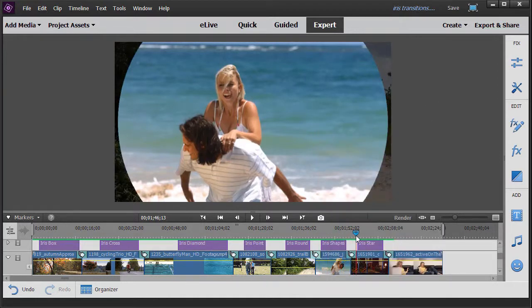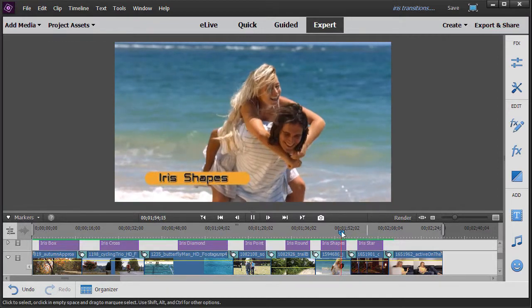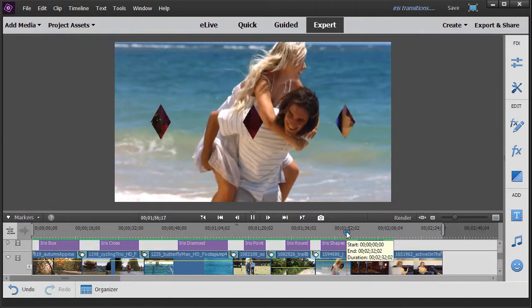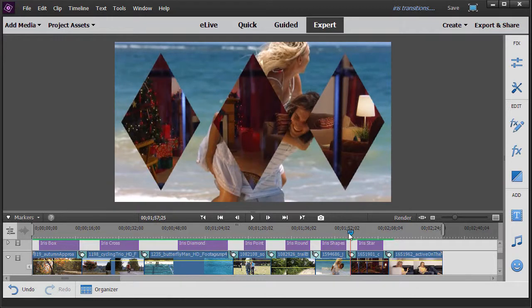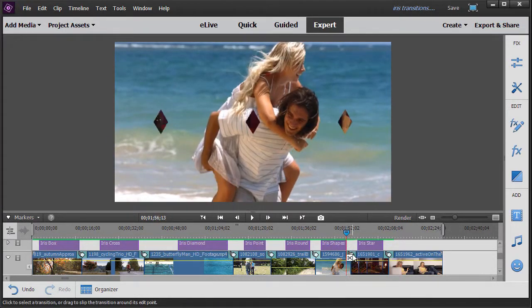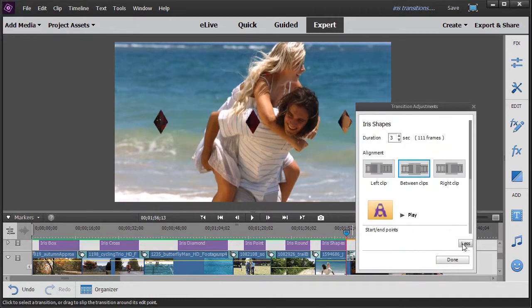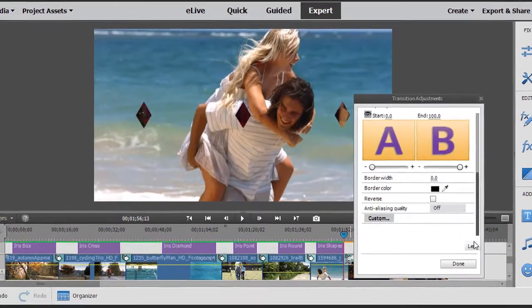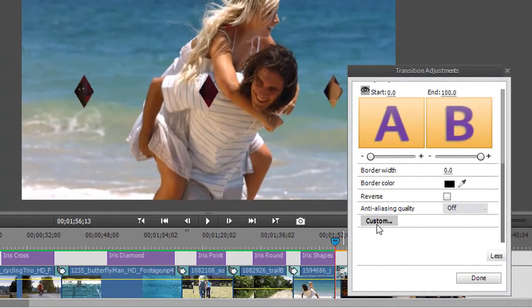Let's look at the Iris Shape. If we play it, we see we have, in this case, 3 diamonds that opened up. And if we double click on this one and click on More, here we have something new. We have a box called Custom. If we click on that,